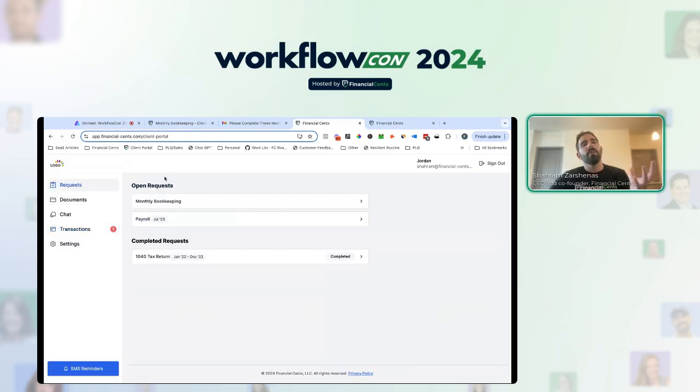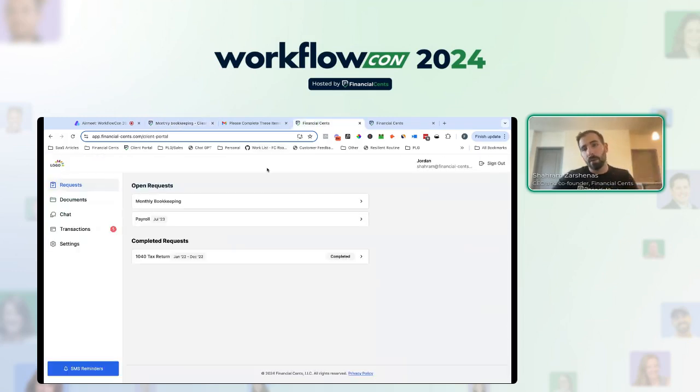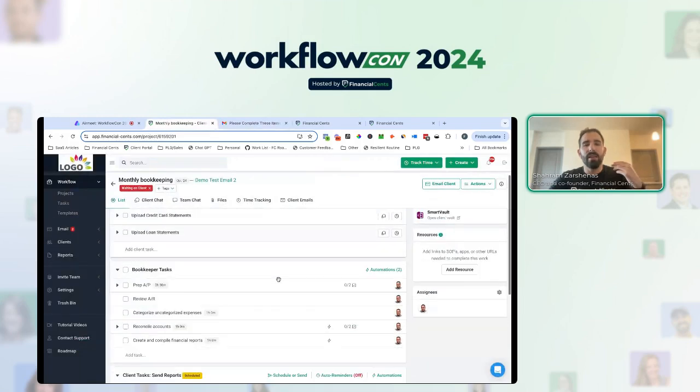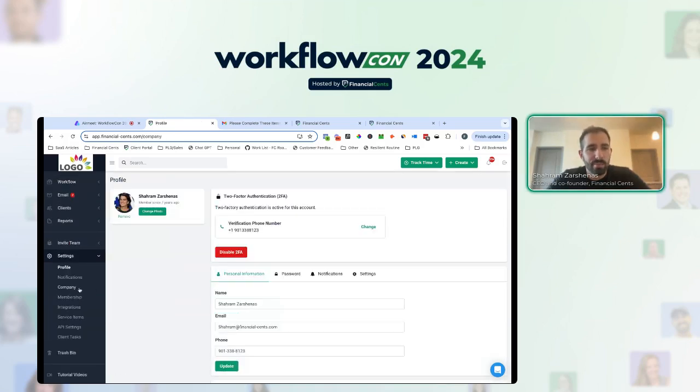So again, we're not only creating that single source of truth for your team, we're also creating it for your clients. One place for your clients to go through a modern portal experience to communicate with you, to access files and reports, to send you the information you need, and to pay your invoices. And then integrating that with your back office. So whenever they communicate with you or do these things, your team can easily find it quickly within one click related to the work.